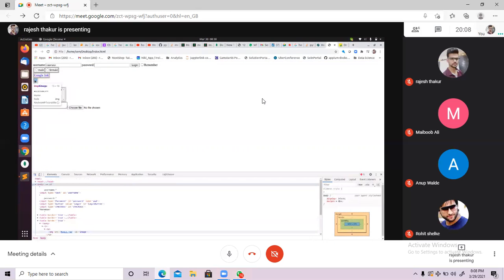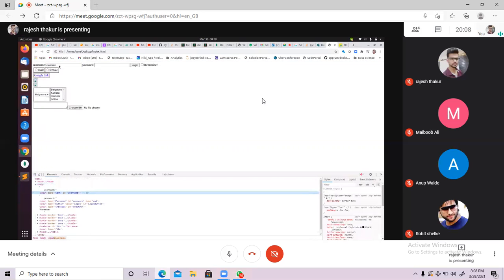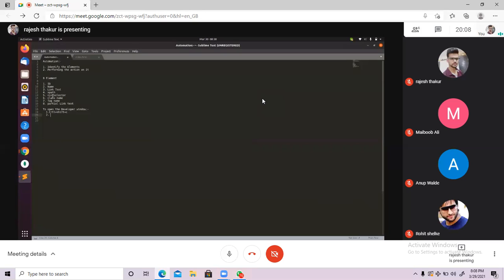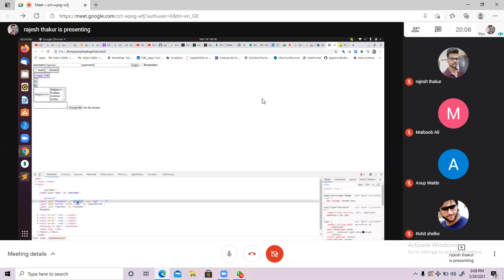So first thing, you have to identify the text box, right? So how to identify the text box? See, you can see this portion got blue, so we have to identify this. Once this portion got blue, then you have to click on that. Now I got the XPath for this. Can you see the XPath for this? So if there is an ID, I told you, right, what is the priority of the element locator? If ID is there, then go with the ID. So here ID is there, so always prefer to go with the ID.